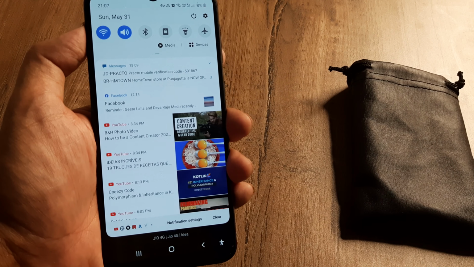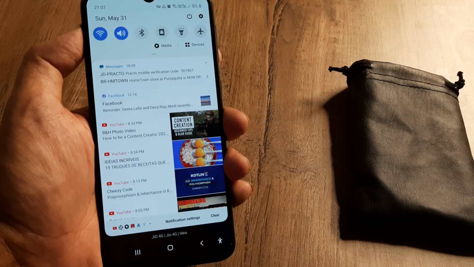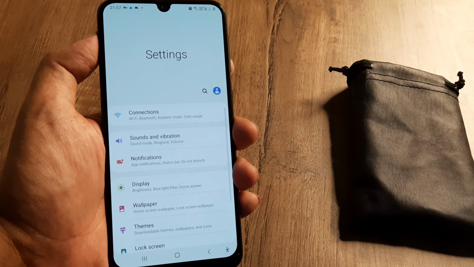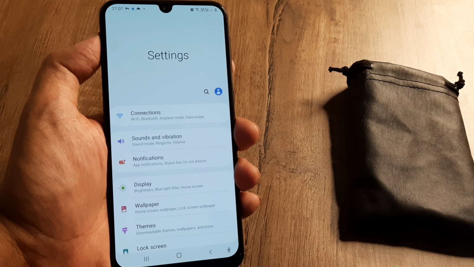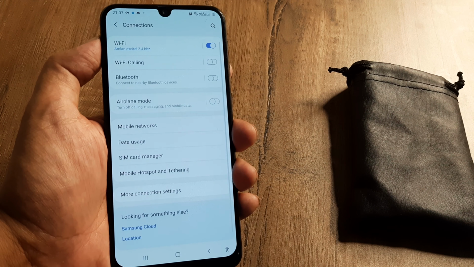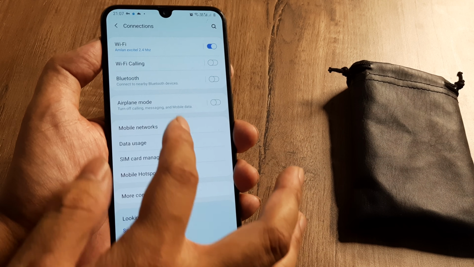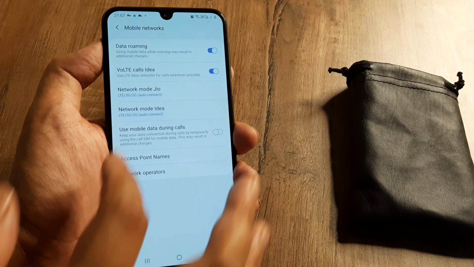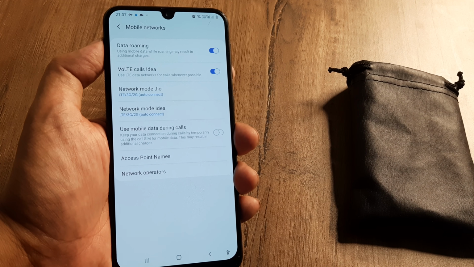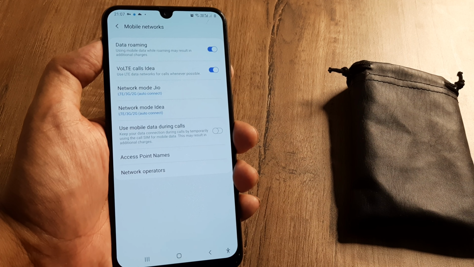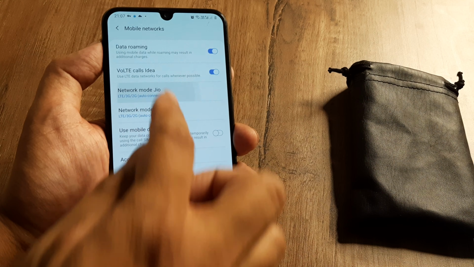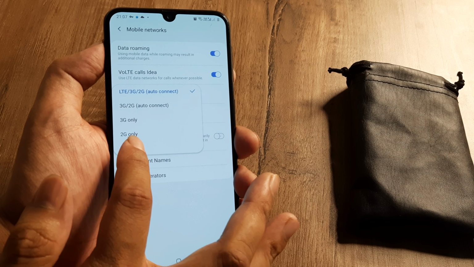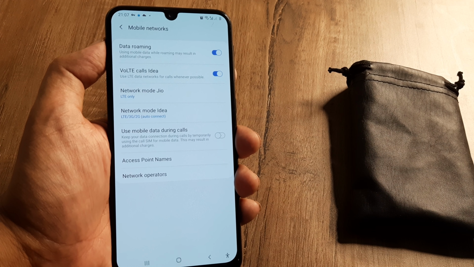Now let's look at what the next steps are. This involves setting or configuring the mobile networks properly. So it's quite possible that the SIM which has been put in the SIM tray has not been configured properly. So here you need to configure your mobile networks. If you see, I had put in two SIMs, one was a carrier for Geo, one was an Idea SIM. Now for me, I know that my Geo runs on pure LTE. So I need to put it on a pure LTE network.